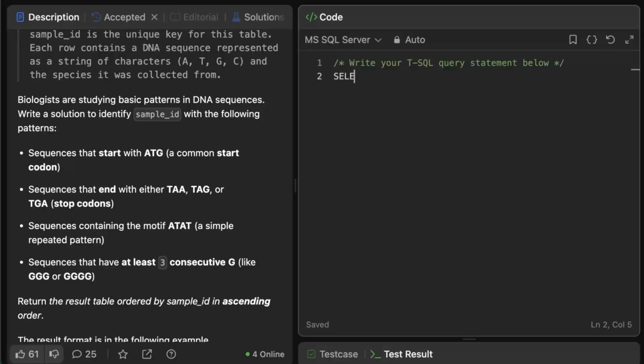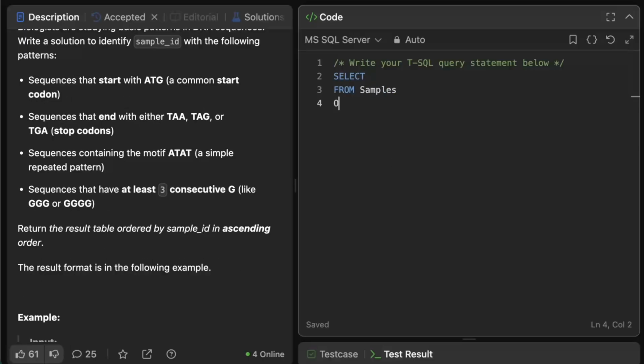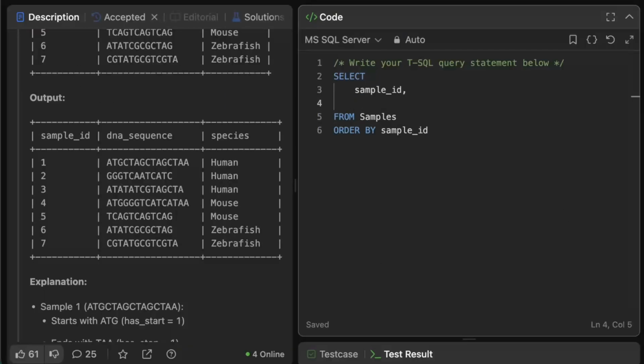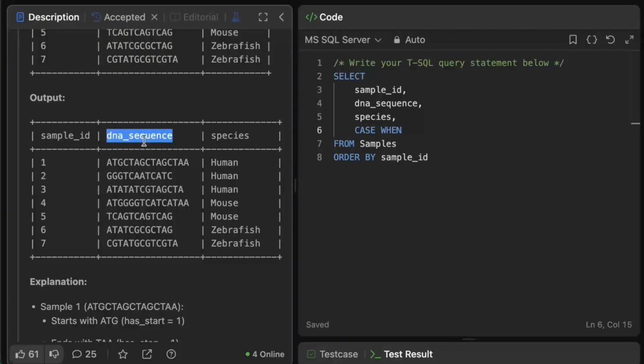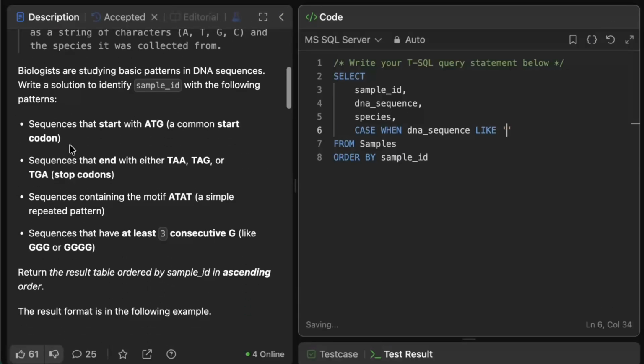We write a select statement. We order the result by sample ID. And in the select statement, we output sample ID, DNA sequence, species, and here we will create 4 additional columns with case-when statements. For the first column, case-when DNA sequence is like, and here we have to define the sequence